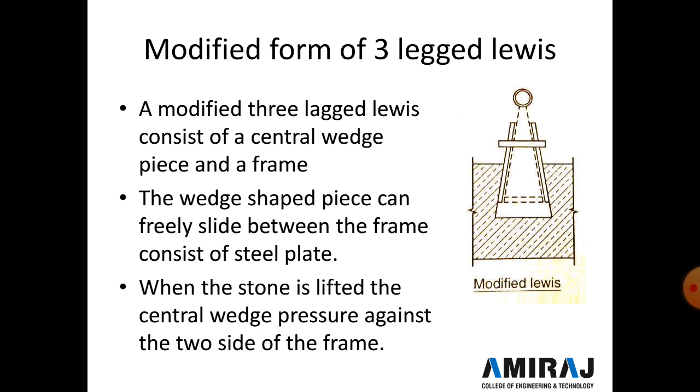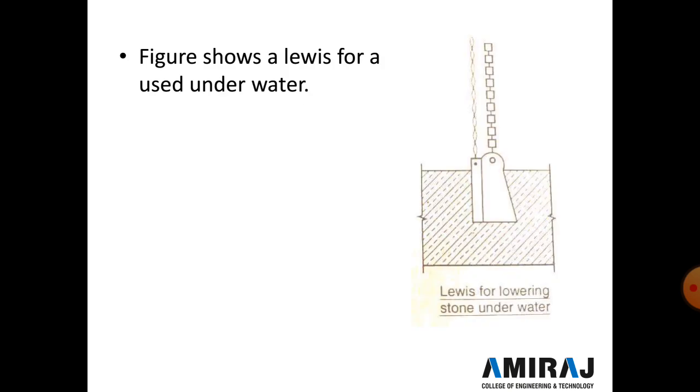Figure shows the levies used for the underwater. So here the second figure shows the levies used for the underwater construction. So it consists of a wedge shaped piece having one side vertical and another side inclined and straight, and a key with a separate thin chain. So the wedge is inserted first and then the key is placed next. So the wedge is in an inclined shape. So first we insert it and then after that a rectangular shaped key is inserted next.